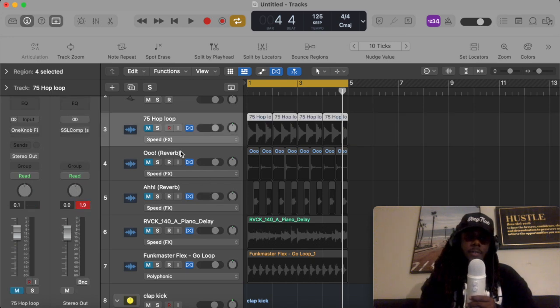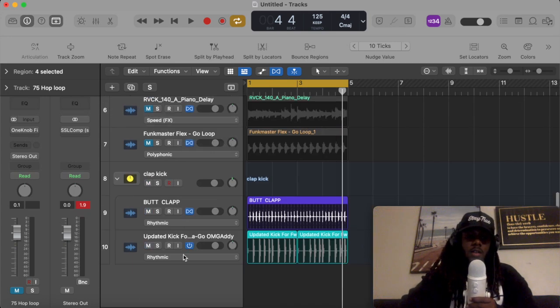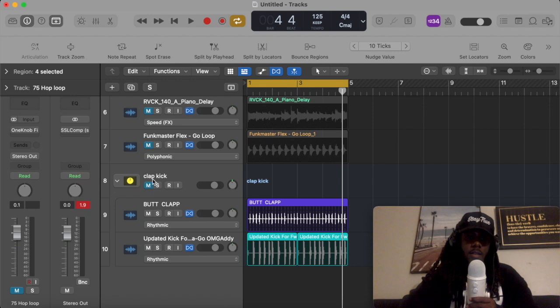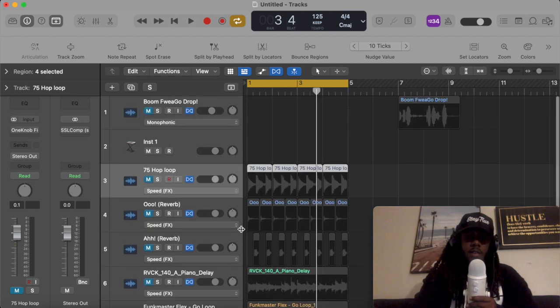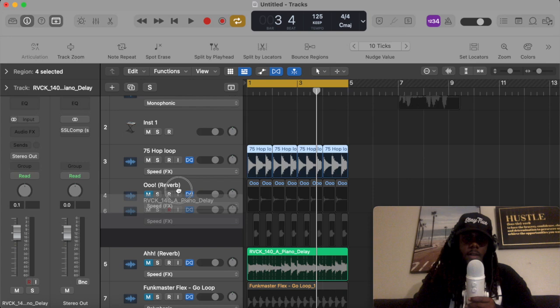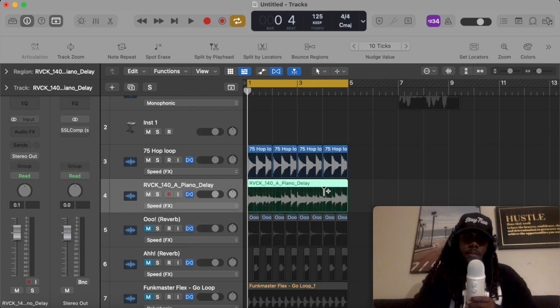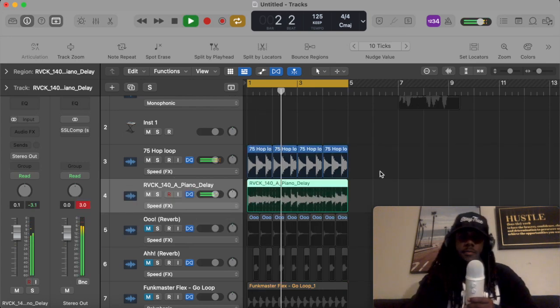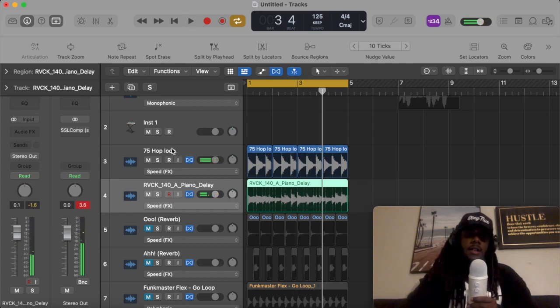But I'll show y'all what the folder does. So let's say I wanted to put the sound file hop loop. So again, I'll mute this stack. So you see these tracks are still on, but you won't hear nothing, because again, these are within this sum. So I'll let y'all hear the sound file hop loop with this melody, right? So if I put these in a folder,